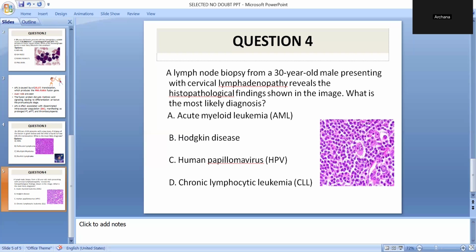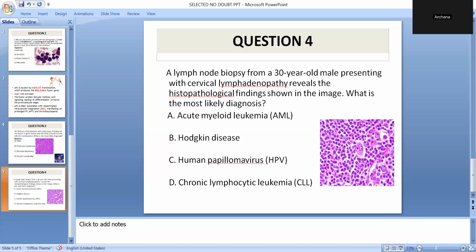Having said that, we've ruled out AML because we are having a mass here. Human papilloma virus is a virus, so it's no way related to the diagnosis. They are not even telling us it's human papilloma virus infection or HPV related cancer. So the key itself is telling that it is wrong here. And why is it not chronic lymphocytic leukemia? Again, as we have discussed, in leukemias, the cancer cells do not form masses. The cancer cells are circulating in the blood. So whenever your questions have peripheral smear pictures, you need to think in terms of leukemia. Whenever your questions have a biopsy picture, you need to think in terms of lymphomas.